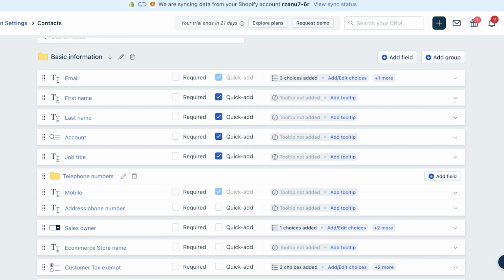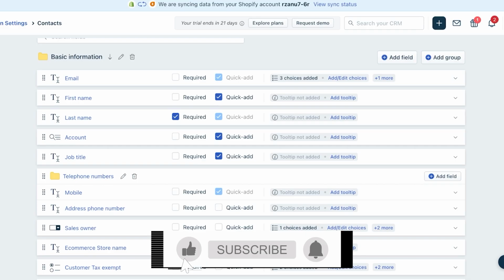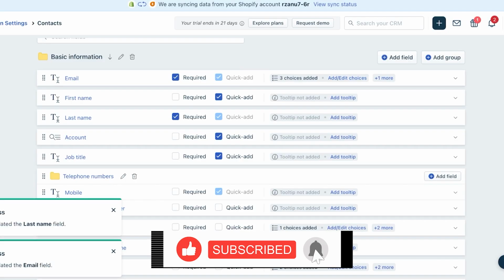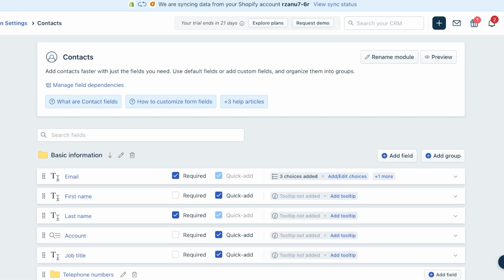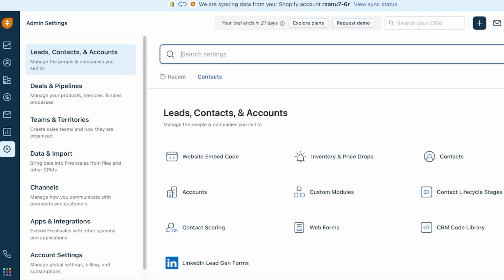We have telephone numbers in quick add as well. Now I want last names to be required. Then I also want emails to be required. And then below that, I'm not going to make anything else required. So moving forward, I can go back into my admin settings, and in the same way, I can customize the